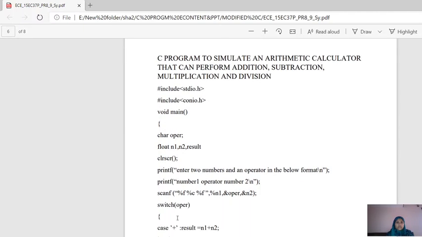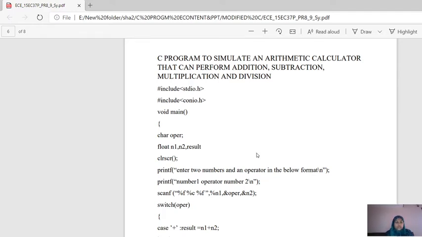In this program, since we are going to perform four mathematical operations on two numbers, that is addition, subtraction, multiplication, and division, we need to make use of the switch expression to check each operation performed on the two numbers. The program is not going to return any data, so we are writing it as void. The main function starts. First, there is a variable declaration part.